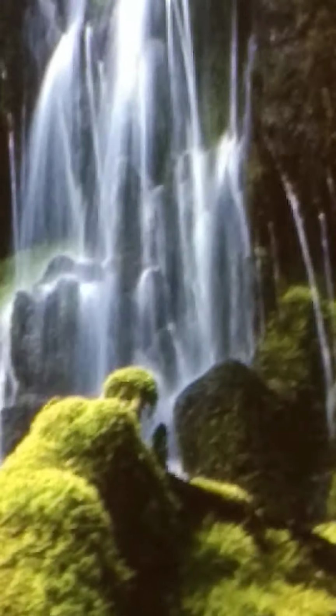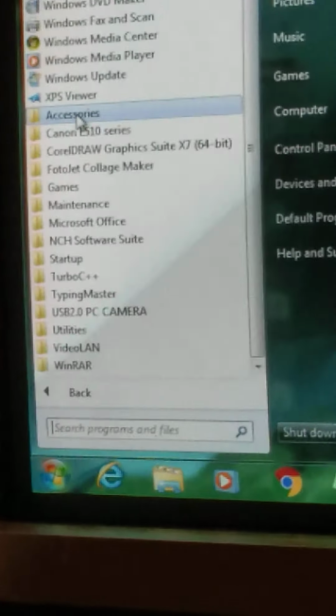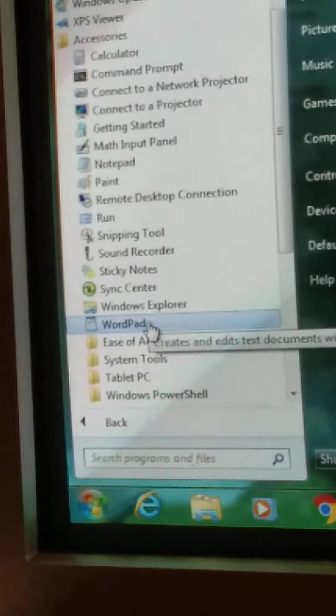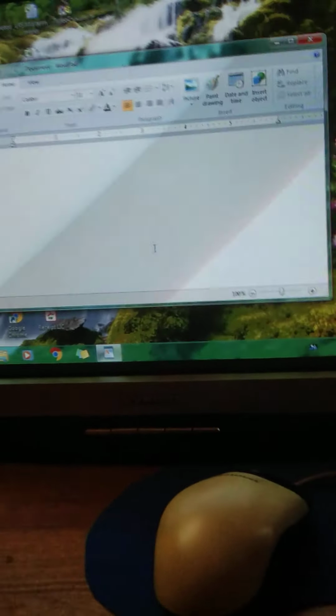Now we will click on WordPad. Go to start button, all programs, click on accessories and left click on WordPad. This is also a type of application software where we can type something. So you will type 5 sentences and make use of caps lock key and space bar key. Caps lock key is this. We can type the letters in capital. Then the longest key is the space bar key. We can give spaces between two letters or two words using this space bar key.